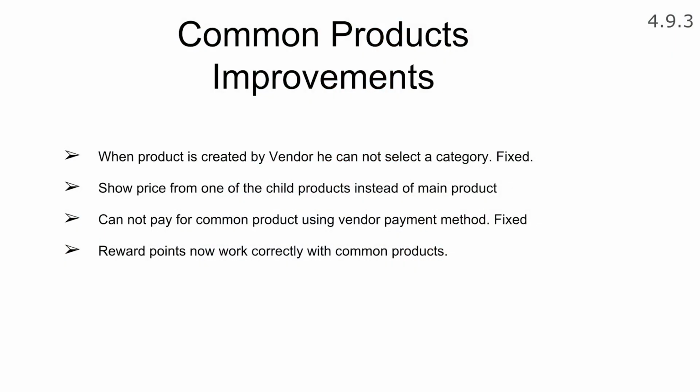Some changes and improvements in the common products feature. The first one was a bug, and we fixed it. It's when a product created by a vendor, then you cannot select the category for it. Another thing is